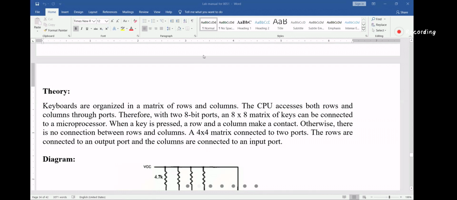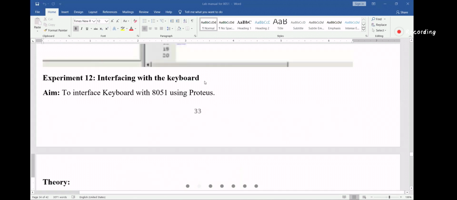So the last part of the interfacing is with the keyboard. Okay. So 8051 interfacing with the keyboard. When I talk about keyboard here, it does not mean a keyboard which we use for the computer.